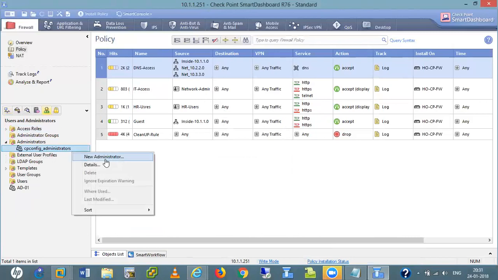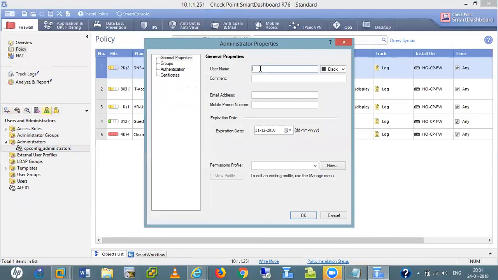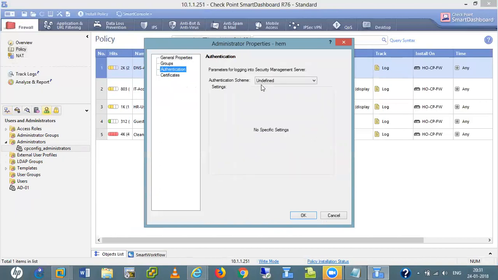I add a new administrator. I'll give my name, name only, and password. Permission profile is not an issue. Endpoint, here I give the full access. For authentication, there is a Checkpoint password.